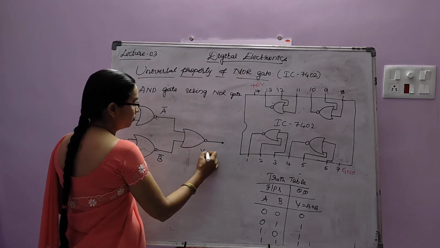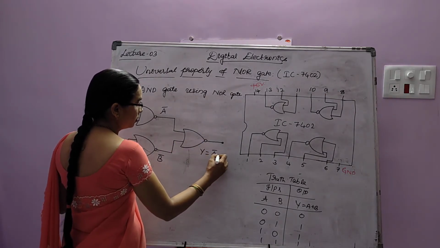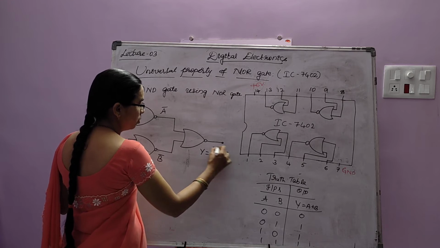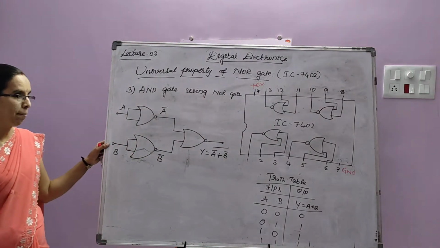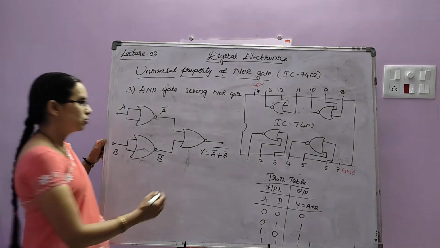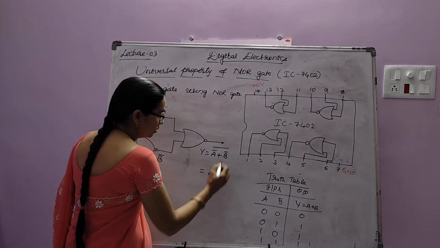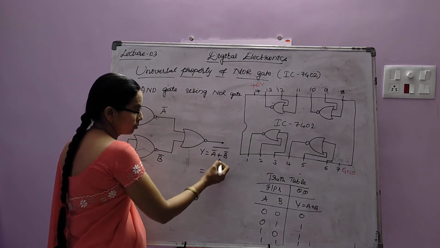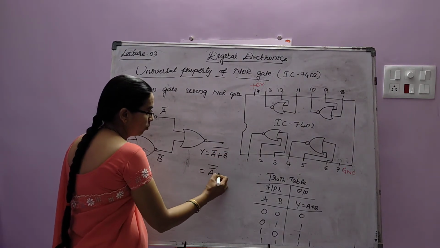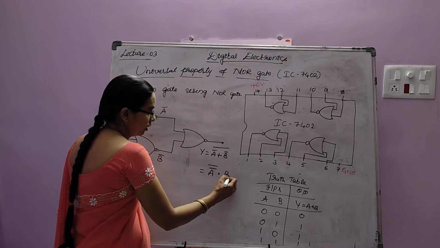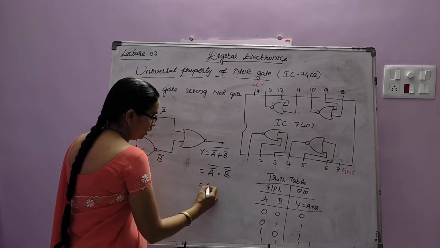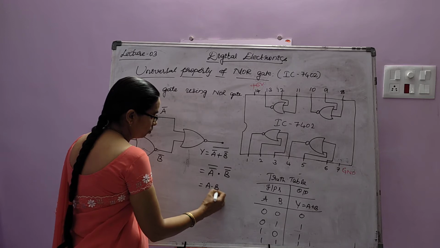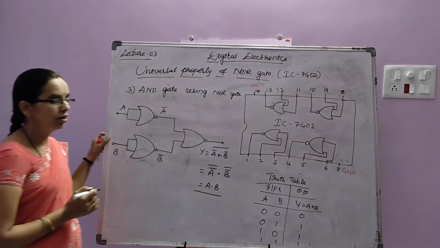The output will be (A complement plus B complement) whole complement. This can be expanded: A double complement dot B double complement, it will be A dot B,